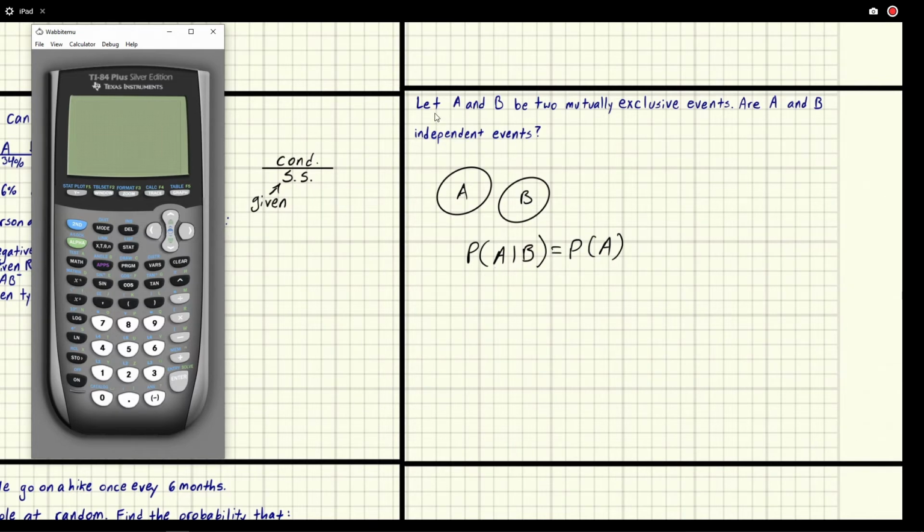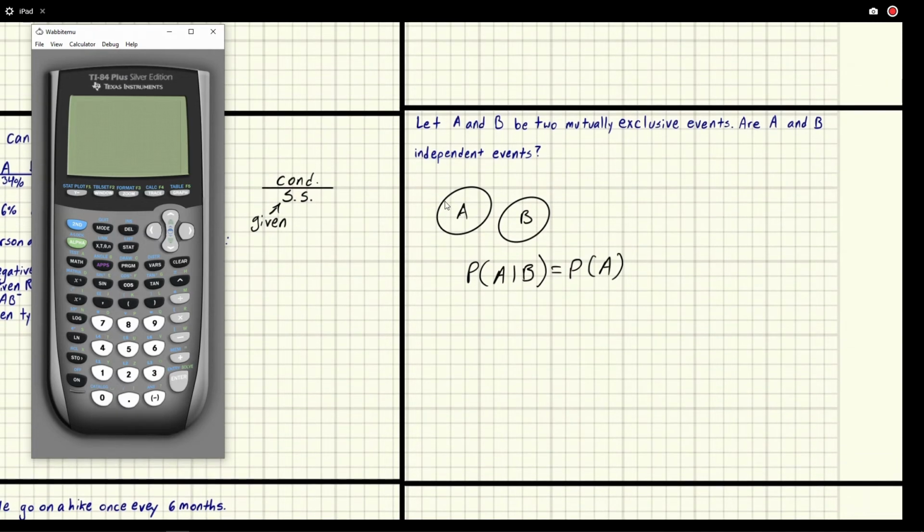So we say, okay, A and B are mutually exclusive. Gotcha. Are they independent? Well, let's think about this. If they're independent, the probability of A and B is equal to the probability of A times the probability of B, right? And if they are mutually exclusive, A and B can't happen. They have no overlap. There's no spot that's both A and B, so it has to be 0. So this would mean that one of these up here would have to be 0.